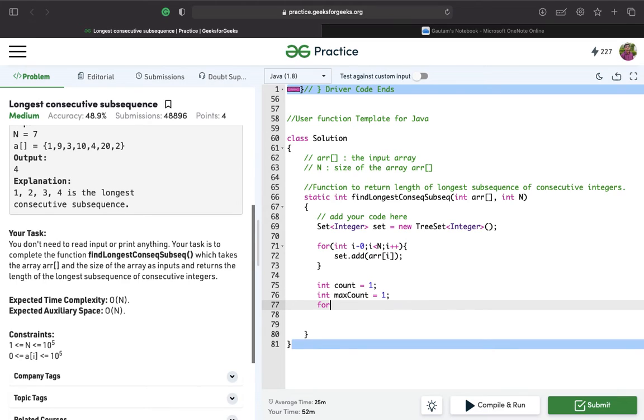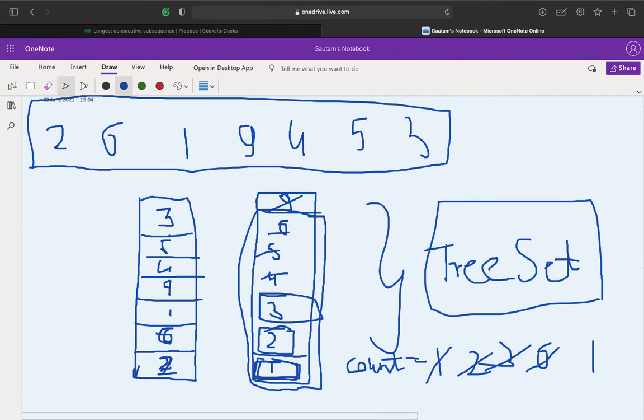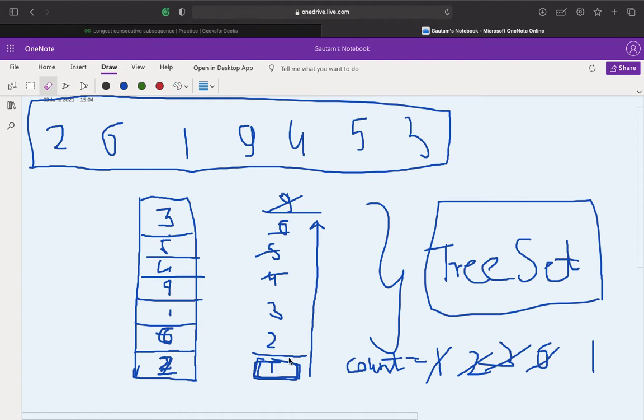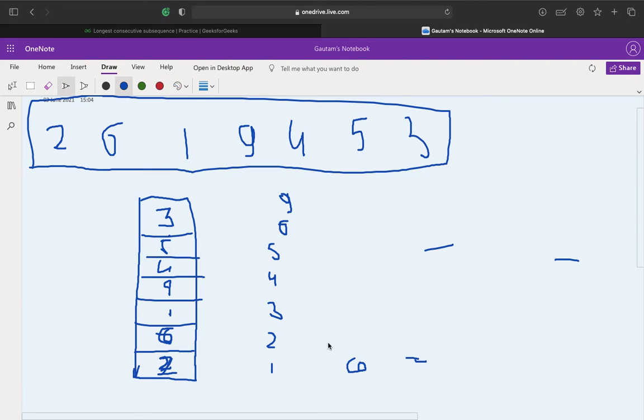So now we'll write a for each loop over here. This is the TreeSet right now, in sorted order. Let me make it more clear. This is the TreeSet over here, which is in ascending order.